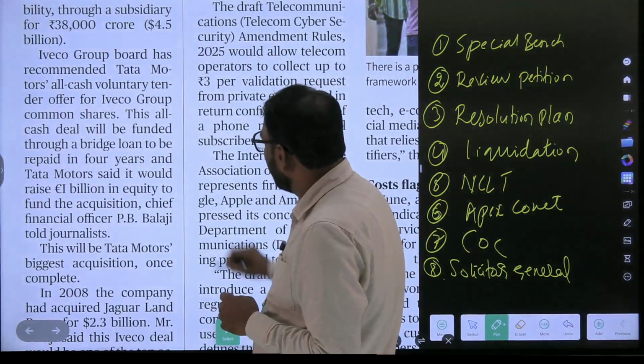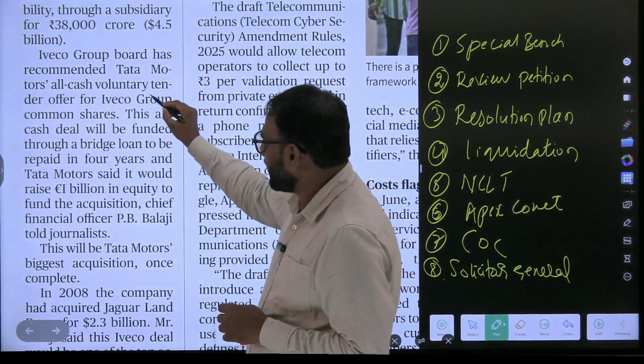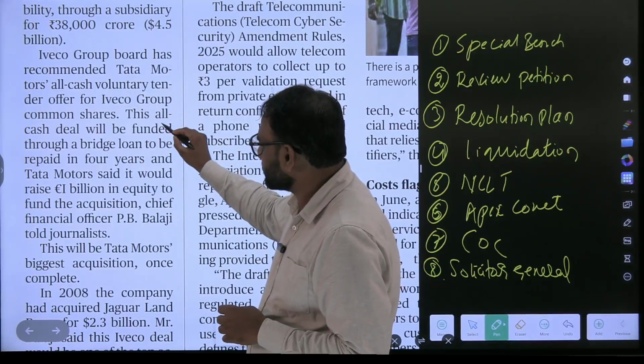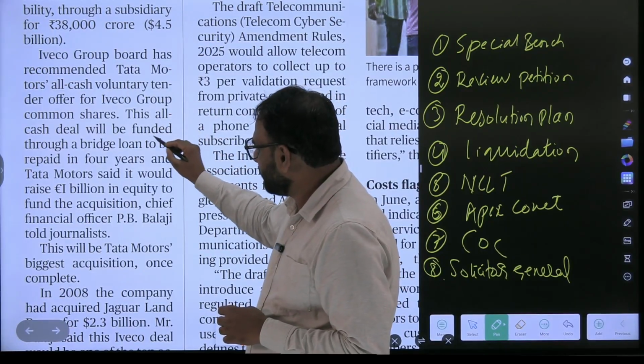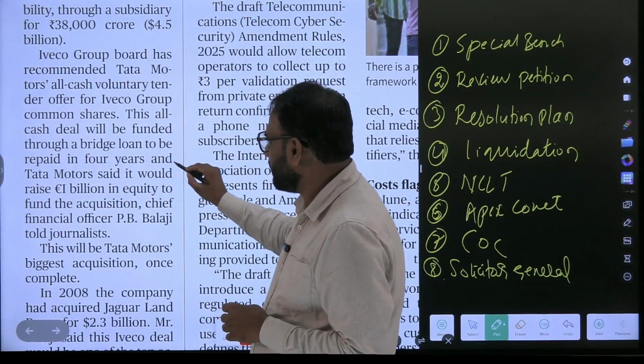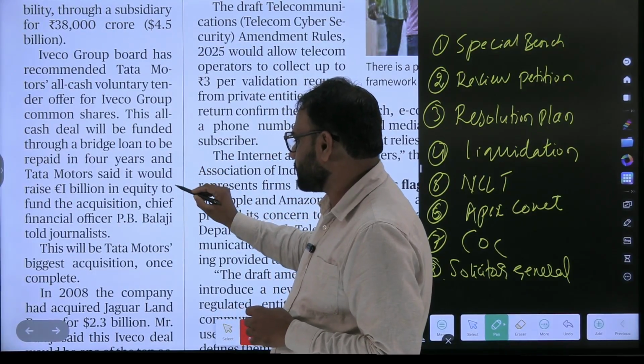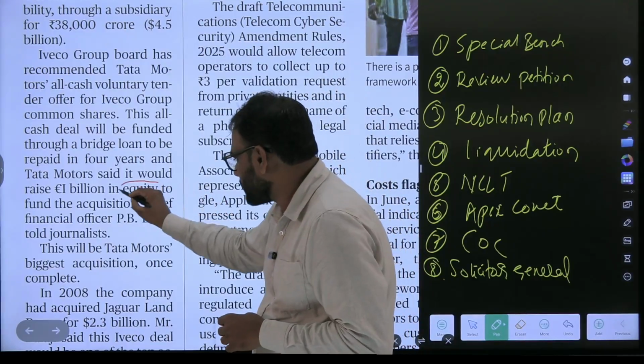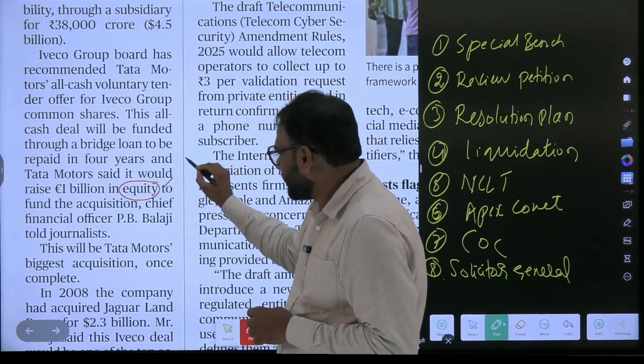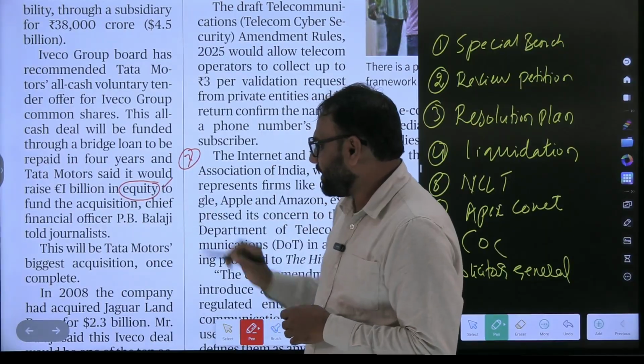Iveco Group Board has recommended Tata Motors' all cash voluntary tender offer of shares. This all cash deal will be funded through a bridge loan to be repaid in 4 years, and Tata Motors said it would raise $1 billion equity. Okay, here it comes, a term called equity. So this equity term is important to find the acquisition,